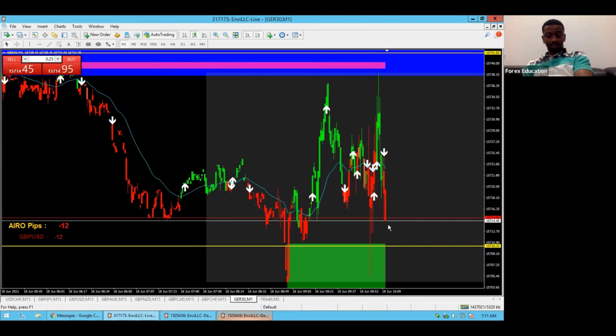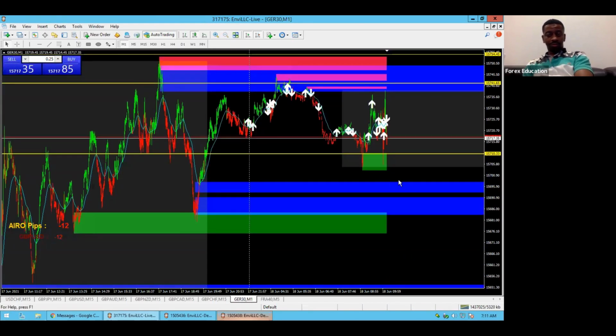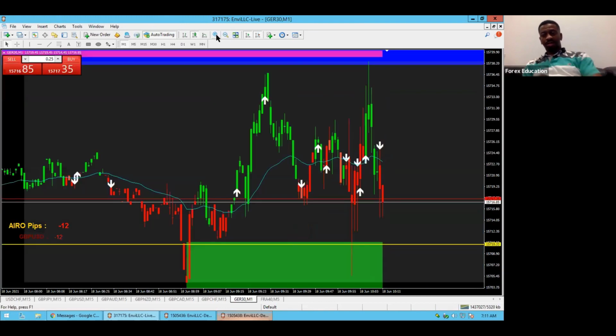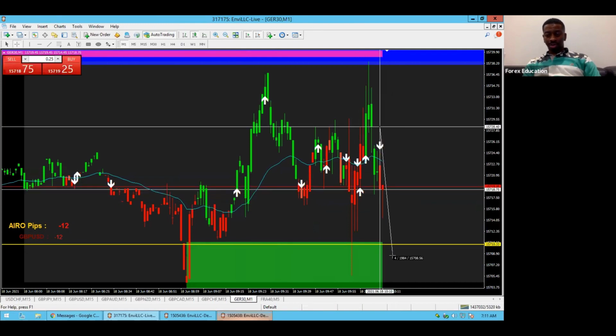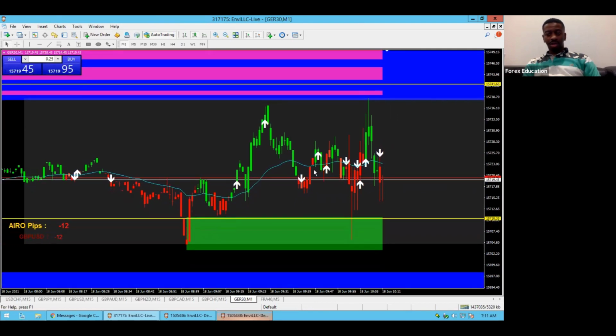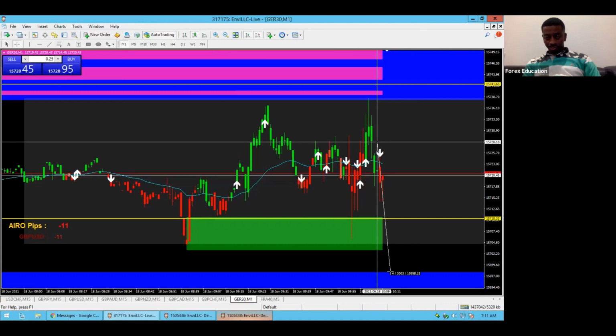Beautiful entry. It's gonna come all the way down here. So I'll watch GER 30 long. If this thing had closed properly, yeah, we talking about some pippage. If this thing had closed properly, TP would be around 300.